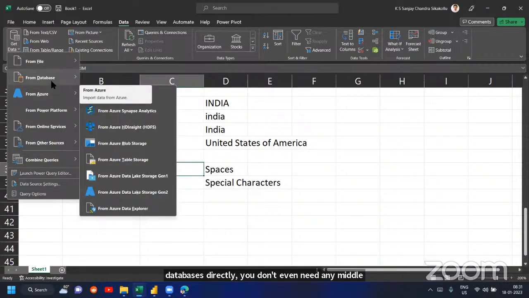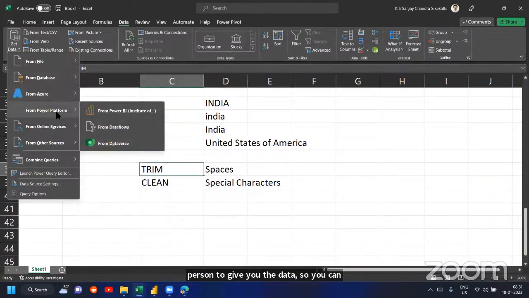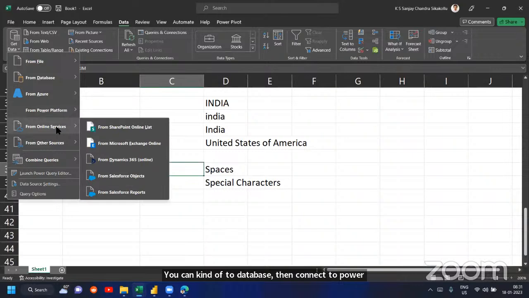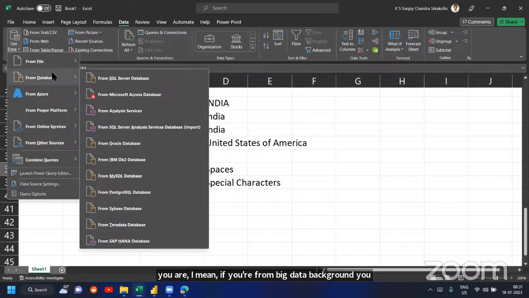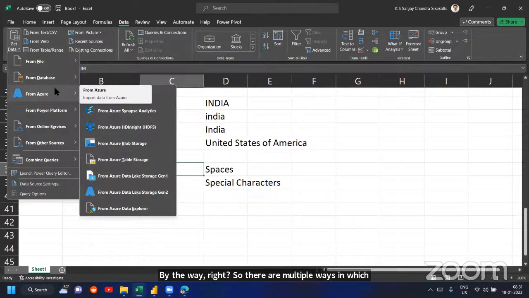You can connect to Azure, databases, Power Platform, and even Power BI directly. I will show you how that works. You can connect with SharePoint, and if you are from a big data background, even Hadoop is supported, by the way. So there are multiple ways in which you can use Power Query.